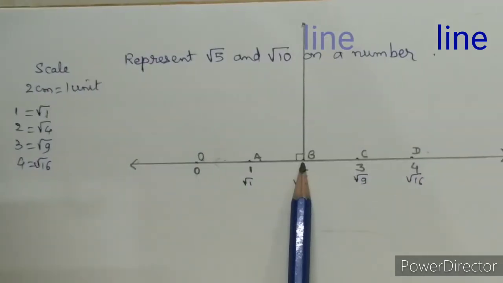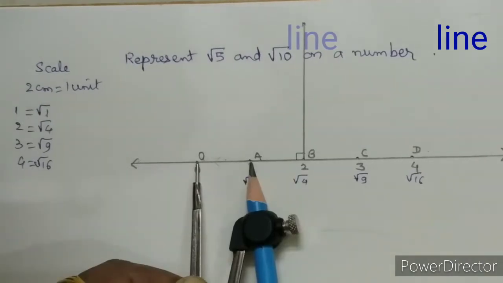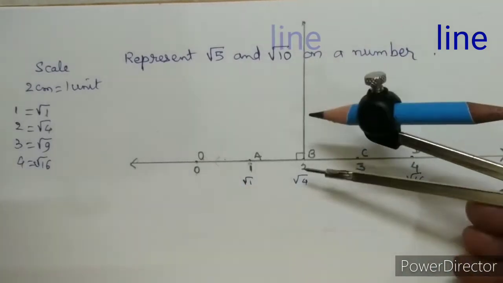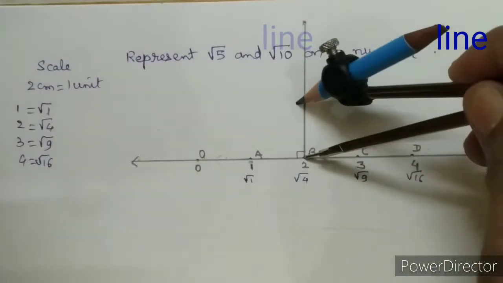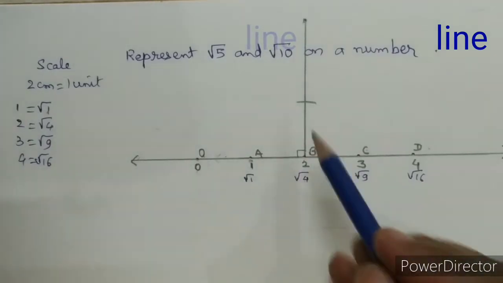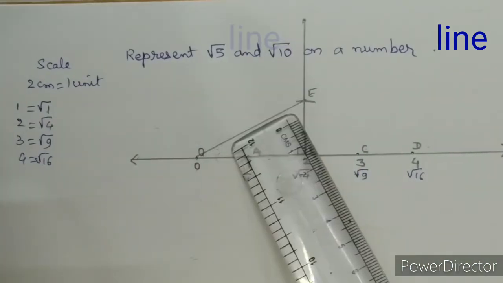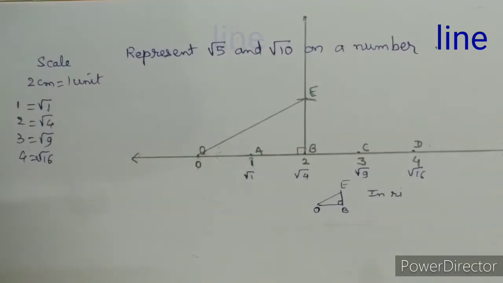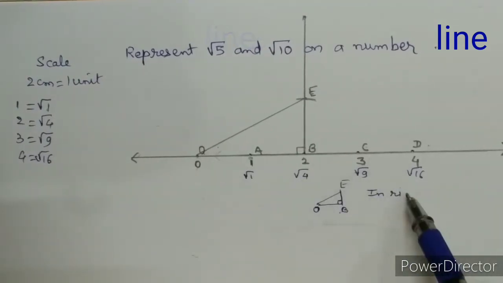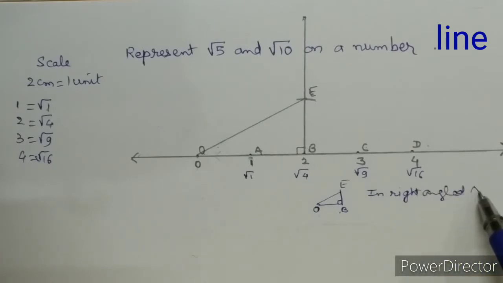Thus perpendicular is drawn at point B. Take distance of 1 unit between the tips of compass and place the steel tip at point B and draw an arc and label this point as E. Draw segment OE. In right angle triangle OBE, we have,